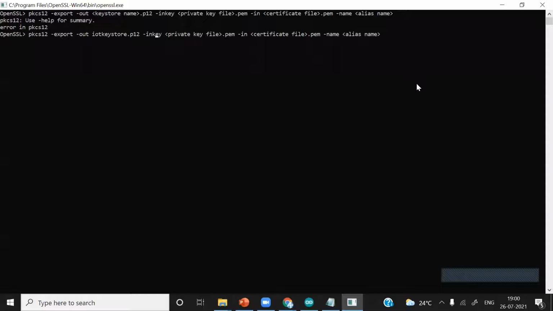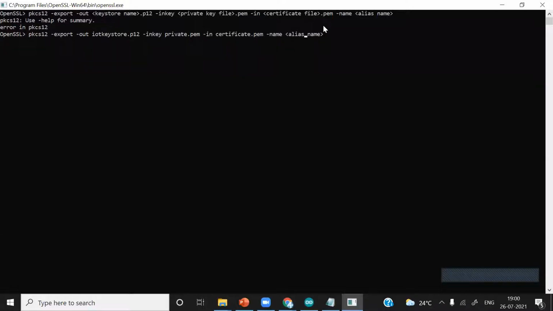In key, you do not have to change anything. Now add the private key file name. Just remove this and type whatever the name of your file. So the name of our private key file is private, and after that, the certificate .pem name.